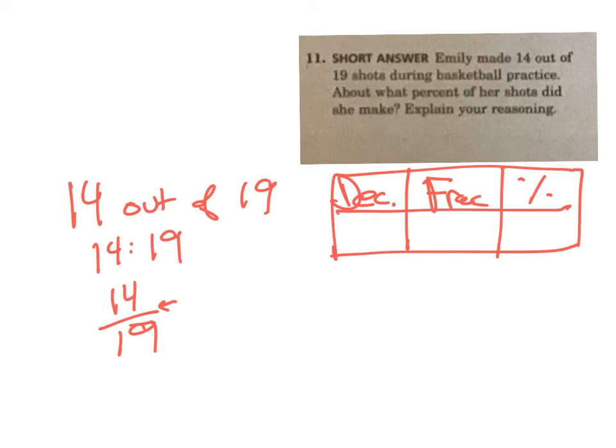So this is asking what percent. So 14 out of 19 is a fraction. 14 out of 19. Okay. I'm going to make that into a decimal by doing 14 divided by 19. And when I do that, it gets me 14 divided by 19 equals